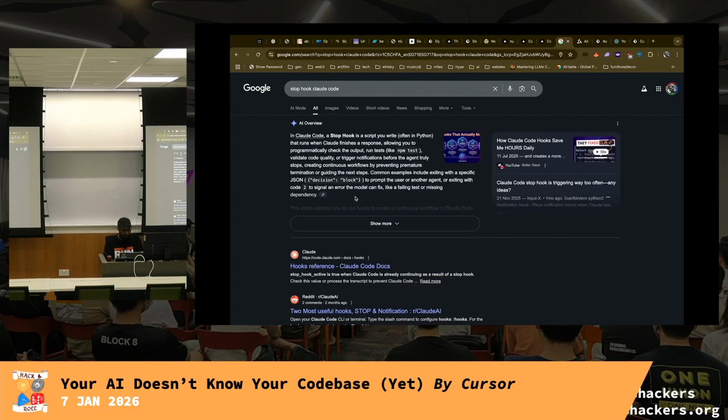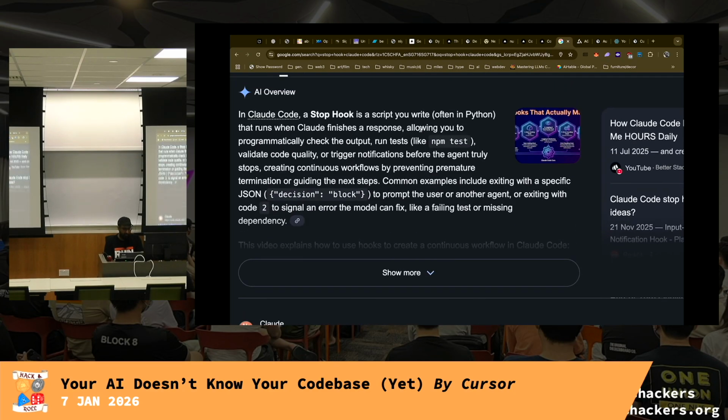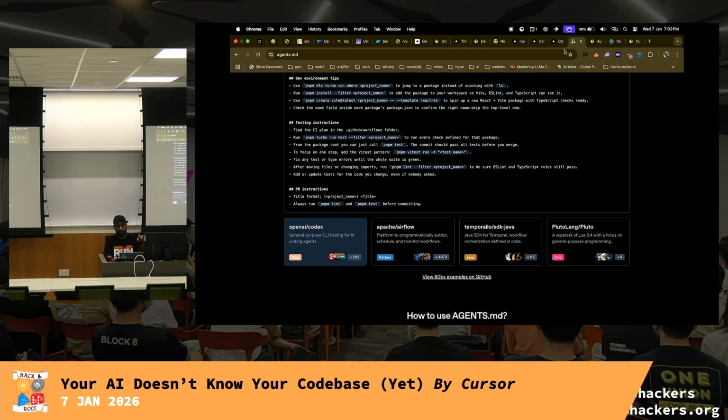So in Claude Code, you can write a stop hook that allows you to just run the output, and then you can create a continuous workflow because you can keep going to the next thing. There is a problem with it, which is if I just keep going within the same chat window again and again and again, then me running an agent for 2-3 hours is actually counterproductive, because my context window is going to be full, the quality of output is going to be bad,